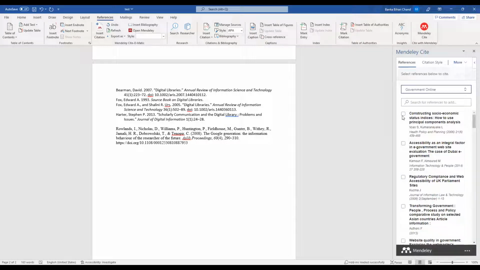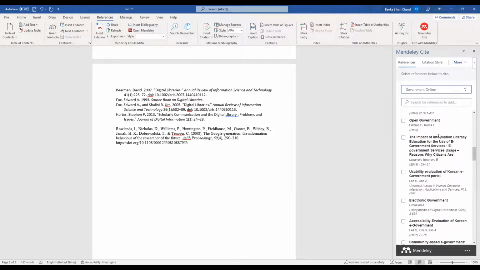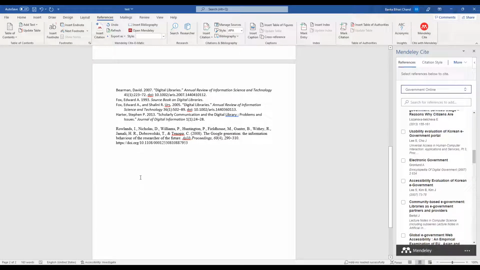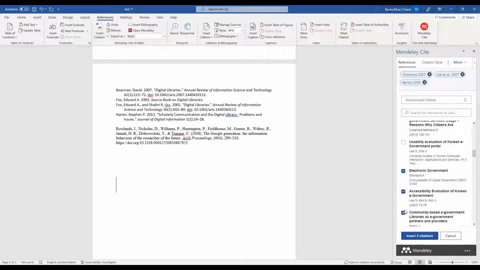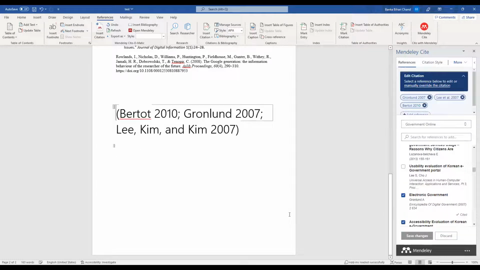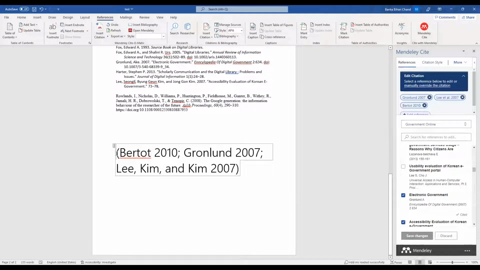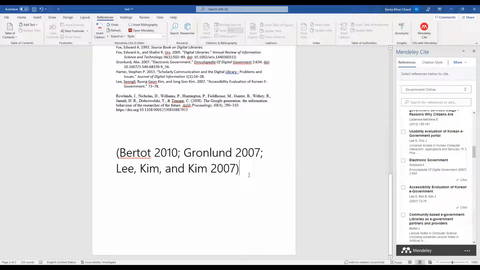Suppose Government Online, then I can see all the documents that are there. And if I have to cite anything from here, I just need to click on it and say insert citation. So this is actually an in-text citation inside the document. But if you have to insert it as a bibliography, then you have to come here and say